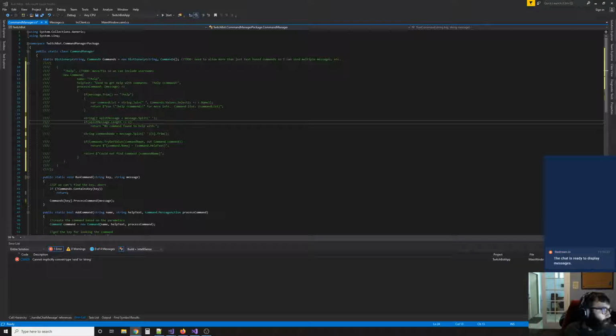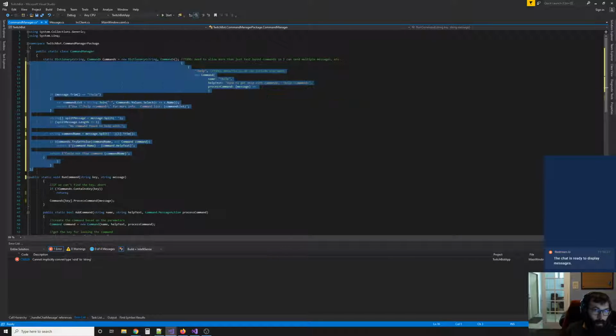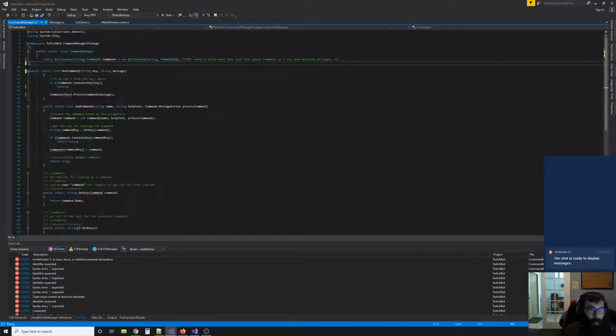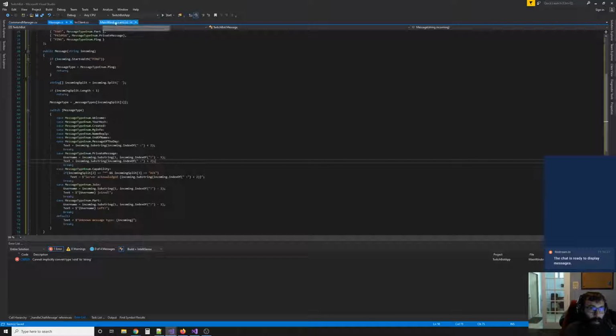No. Keyboard shortcuts. Control K, Control U. Okay. No idea why that's freaking out like that in terms of formatting, but anyway,